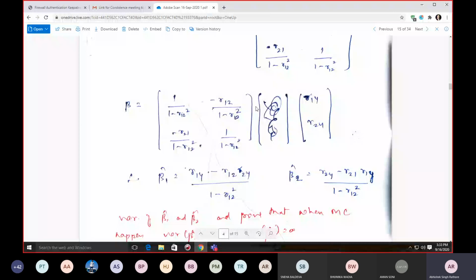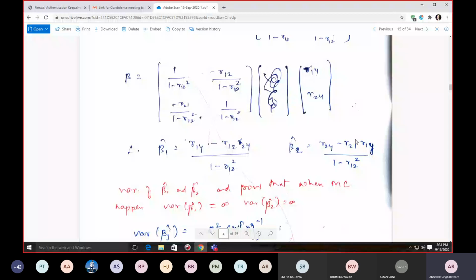Now we are having some multicollinearity available. So with multicollinearity, we calculated these values. Let's say I am just calculating my beta 1 and beta 2. When we calculate this, we get a vector that contains first beta 1 hat and this is my beta 2 hat. So when we solve this, we get beta 1 hat equal to this, and again this beta 2 hat is equal to this over here.